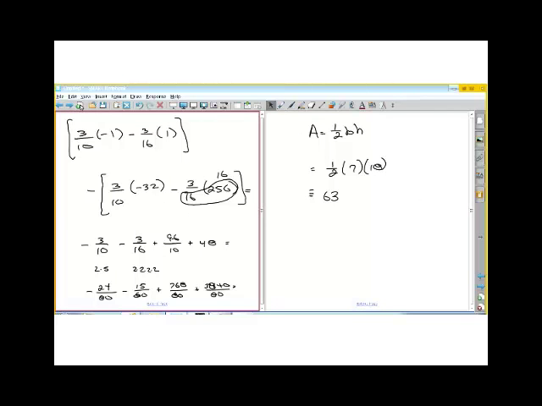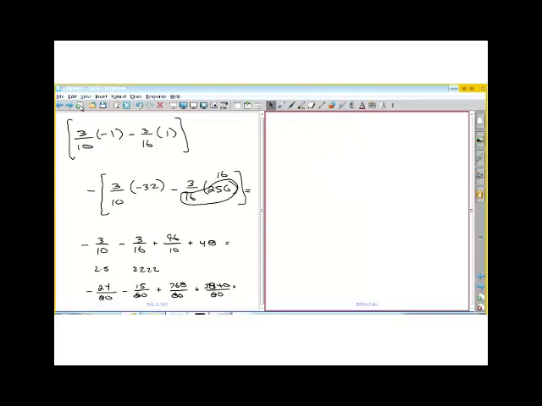So now we just add the numerators together. We have negative 24 minus 15 plus 768 plus 3840. That gives me 4,569 80ths. Now I don't think you can simplify that any. This is because this is even, but that's not, so you can't divide by 2. You can't divide 80 by 3. You can't divide that by 5, so I think we're just going to do it, and I get